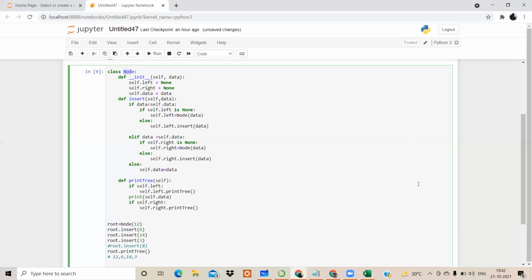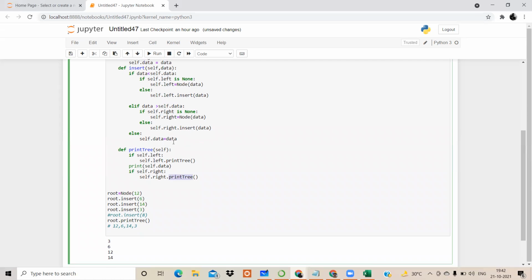So this is basically the idea that it is going to use कि self dot left के सारे elements को print करना है. Then it has to print your root element and then it has to print if there are any elements which are present in the right. So right के जितने भी elements है उसके ऊपर वापस print tree ये function call होगा and whatever is the value present over there, that value will be printed as a result to the user.